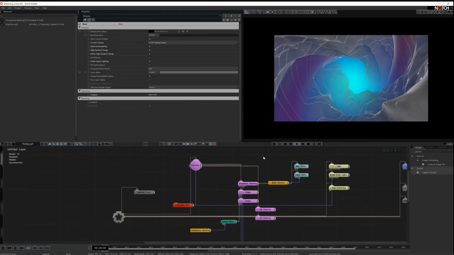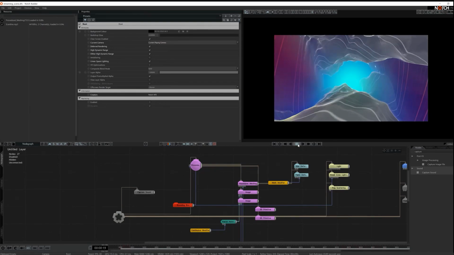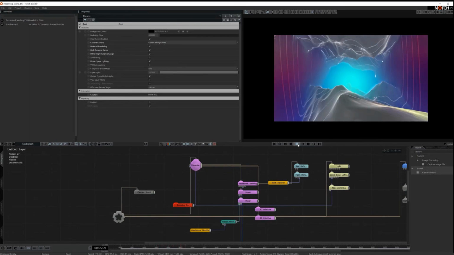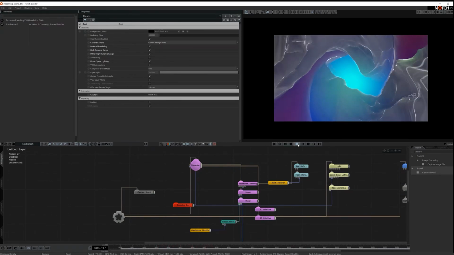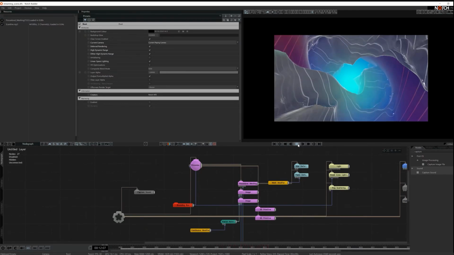Immediately, you will see a couple of things occur. Firstly, if your stream resolution was different from your current render resolution, you'll see the scene resized to the target resolution. For streaming to actually commence, we have to make sure that we are playing. So let's click play. Notice that the FPS readout of the status bar is showing the frame rate set in your streaming. If we are dropping below the target frame rate, we are not in a healthy state.